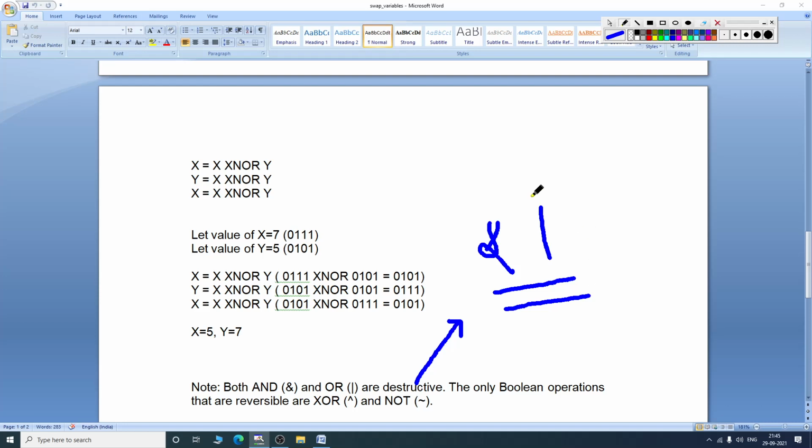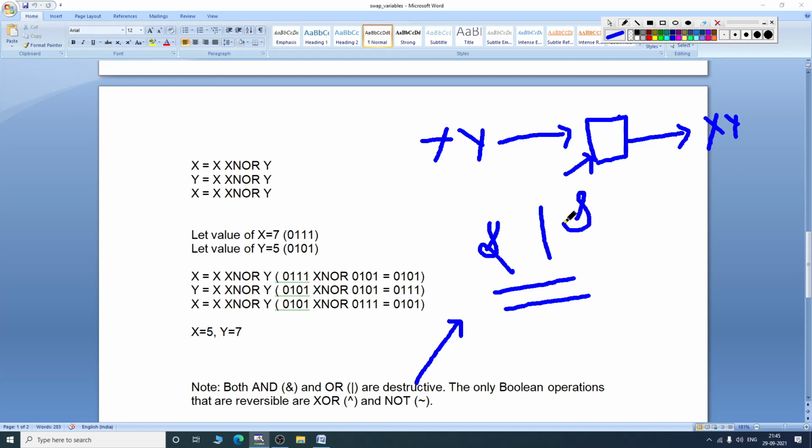So if I am swapping the value of X and Y, I have an intermediate, and using that intermediate I get back my swapped values of Y and X. However, this intermediate is destroyed when we use bitwise AND and bitwise OR.